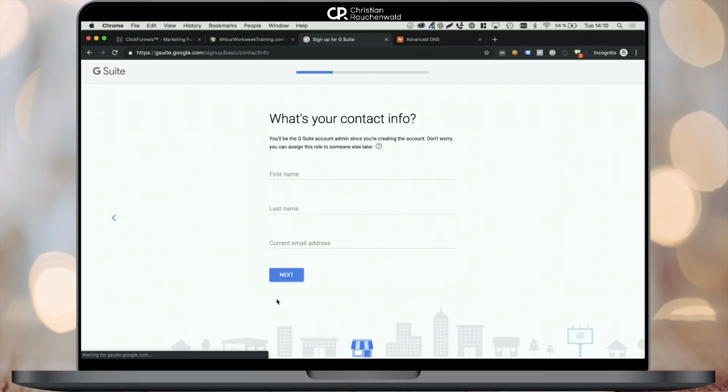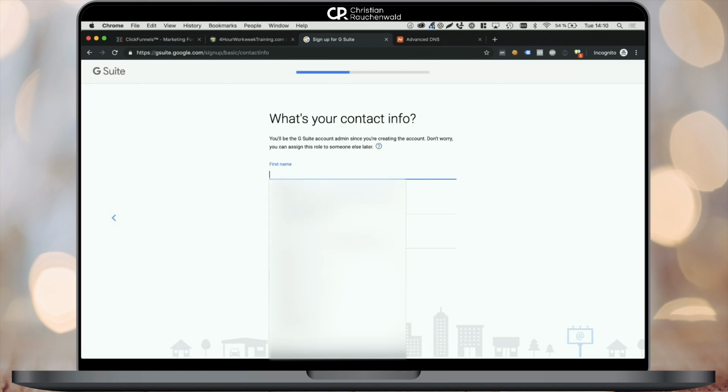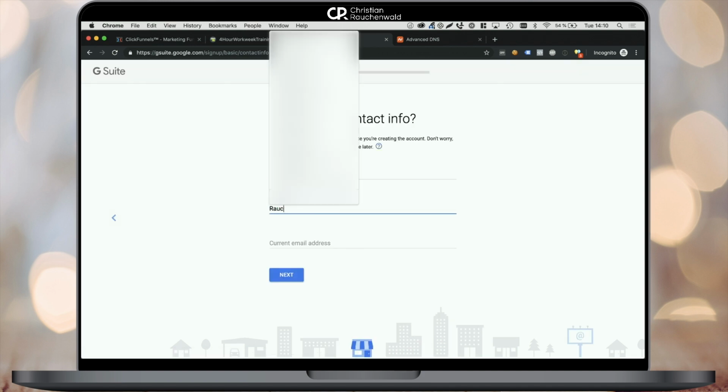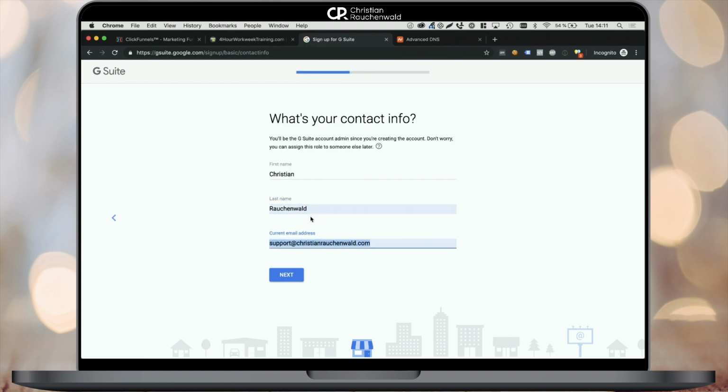Now you click on next and you will be asked for your personal contact information, your first name, last name, and your current email address. So Google knows how to reach you with updates and information, or in case you for some reason need to reset your account. Now once you've filled that in, simply click on the next button to proceed to the next